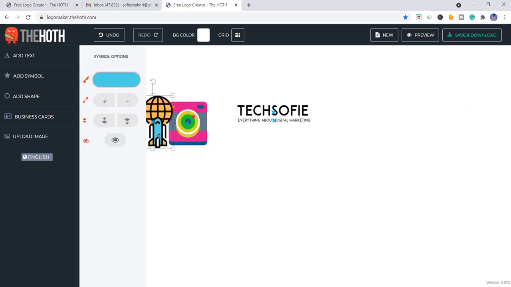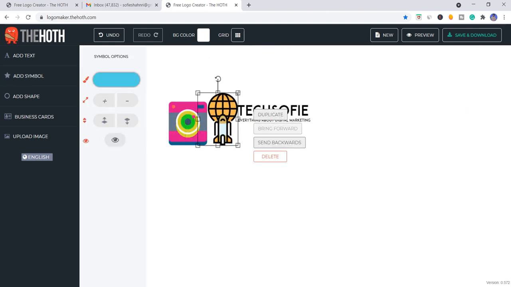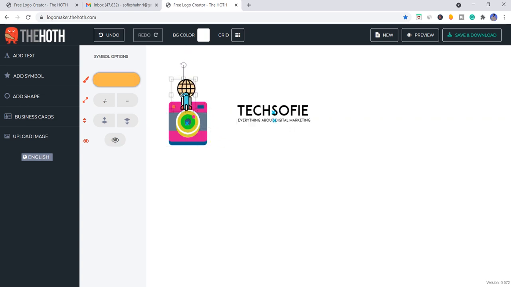Let's take this. If you want, you can put it like this, whatever you're comfortable with. See guys, and if you want, you can rotate this any way possible you want. It is up to you guys, whatever you like, you can do this in whichever way. Now here we have created this. I'll put it like this. It's looking something unique.